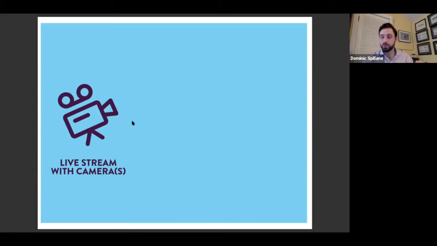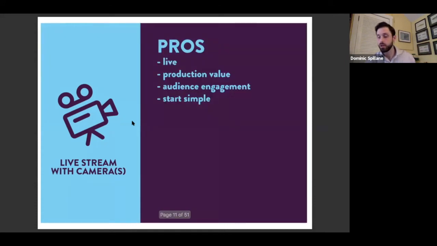At its most simple, you can live stream to certain platforms from your phone, tablet, or built-in camera on your computer. From there, you can advance to an external camera and microphone for better quality. And from there, you can advance to multiple external cameras and even multiple live stream feeds coming from different locations. And at each of these steps, you will encounter different equipment, costs, and technical considerations.